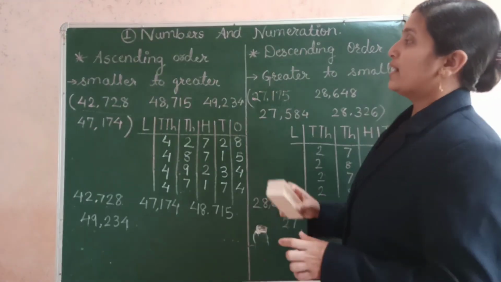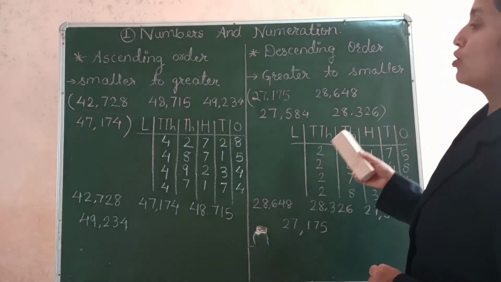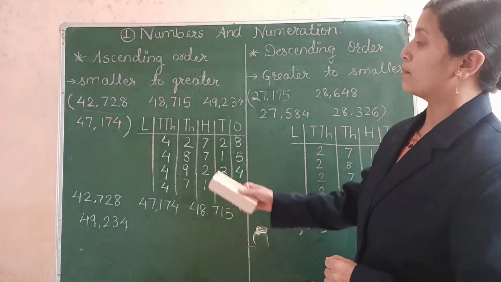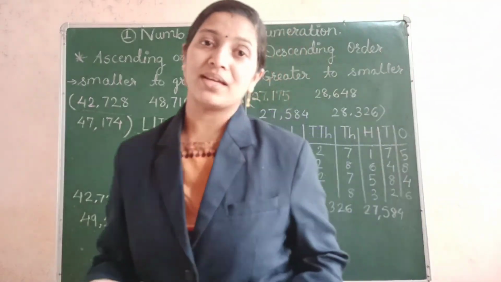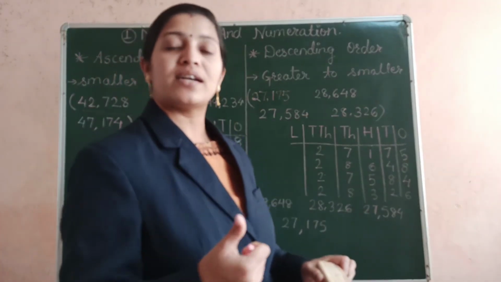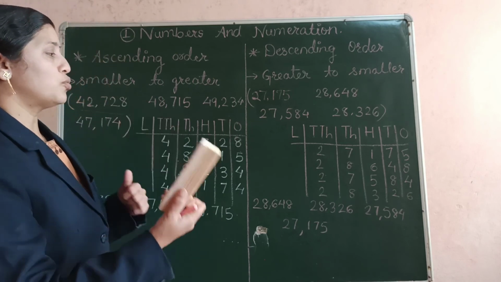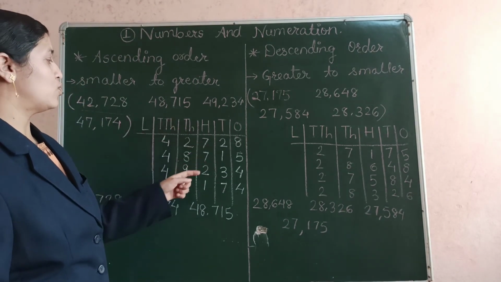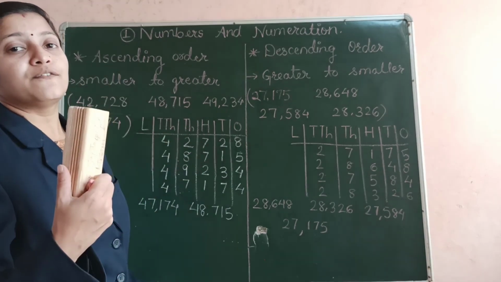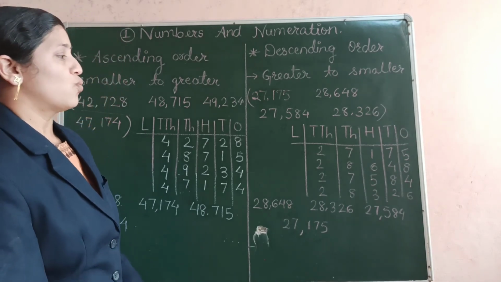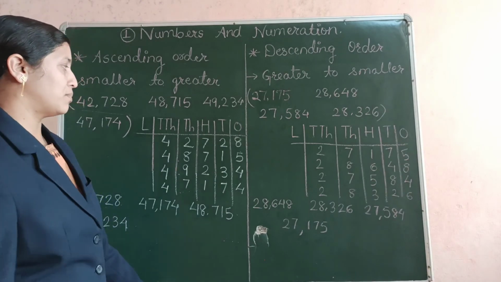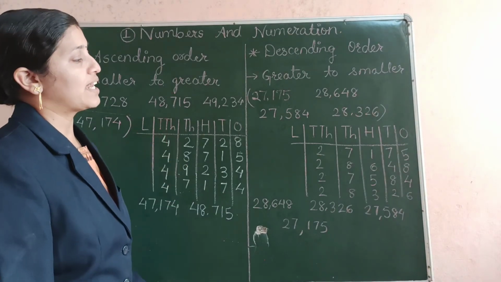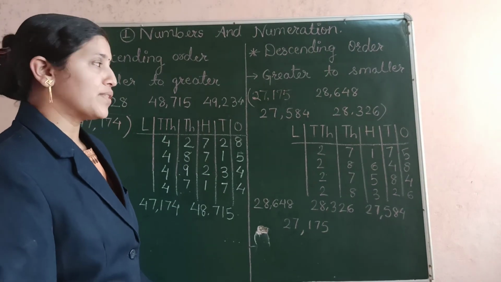So to find out the ascending order and descending order, it is very necessary that we compare between their place values. If the digit is same in the place value, we can't compare them. So we have to move to the next place values until there are differences in the digits. Once we find out which is the greater number or which is the smaller number in that place value, we can easily identify the number.